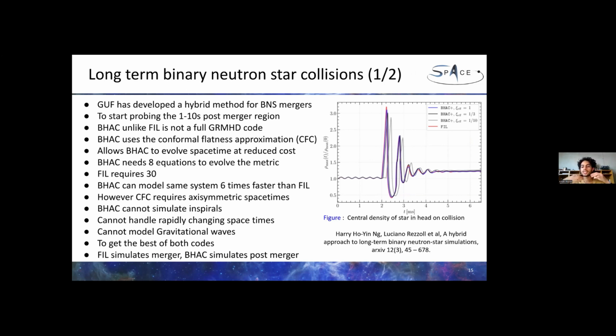However, this conformal flatness condition has to be used for very axisymmetric spacetimes. So it cannot simulate inspirals, it cannot handle rapidly changing spacetimes, cannot model gravitational waves. But we can use it to model the remnant object. So after the 2 neutron stars have come together and combined, then we can model the remnant object using